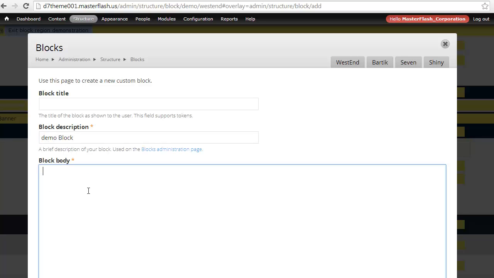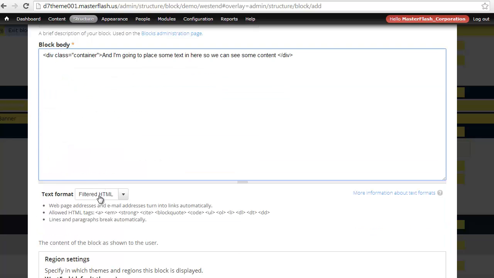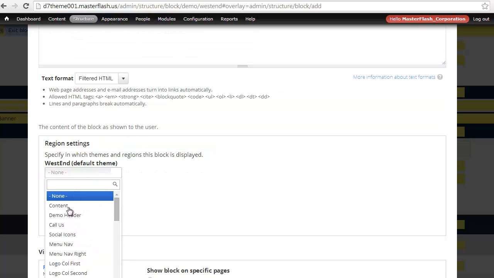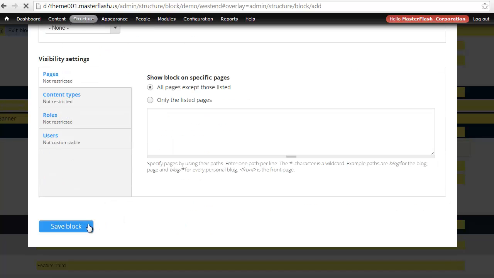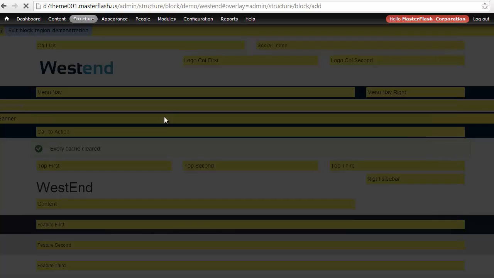I'm going to call this demo block. I'm going to come in here and wrap this in a container. And I'm going to place some text in here so we can see some content. And then I'm going to close that container. So now if I come down to the bottom and choose the region I want, I can put this in demo header. Now, if I save this,